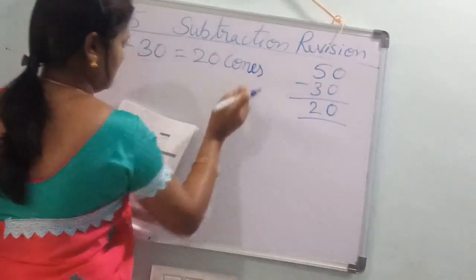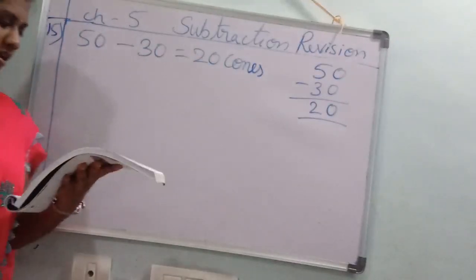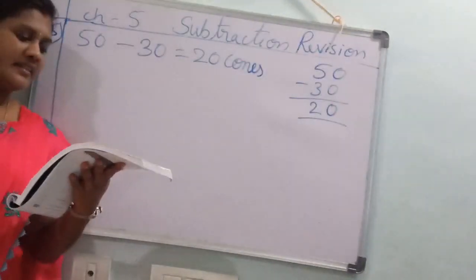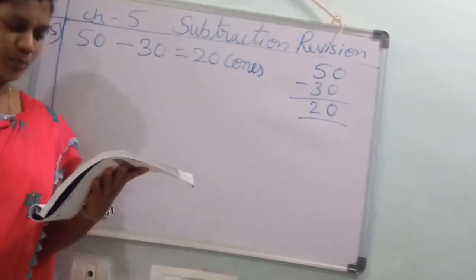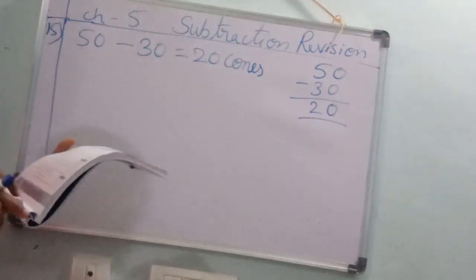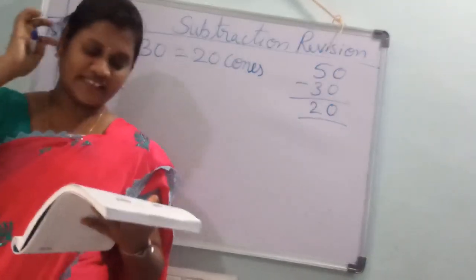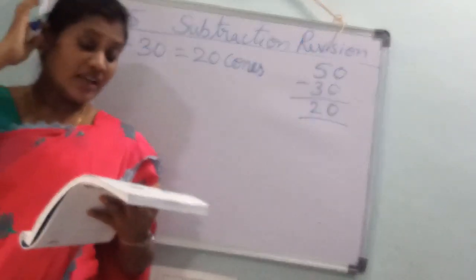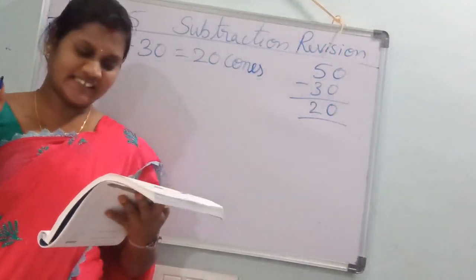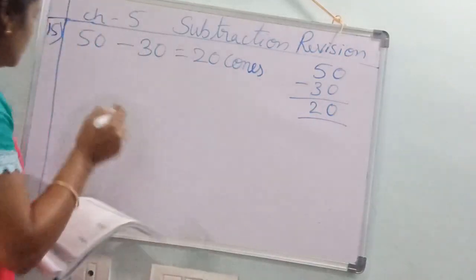Next, short answer questions. There are 420 sticks in a one box and 356 sticks in another box. How many fewer sticks does the second box have? See, there are 420 sticks in a one box. Okay. Another box, 256 sticks are there. Okay. How many fewer sticks does the second box have? You should find. 16th one.